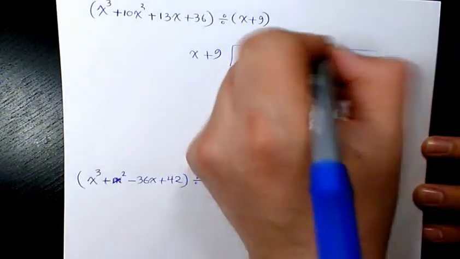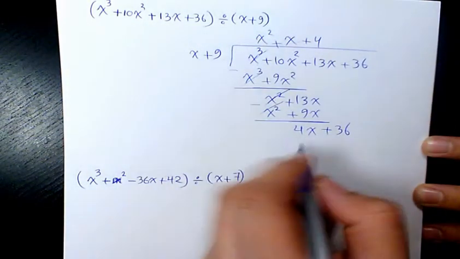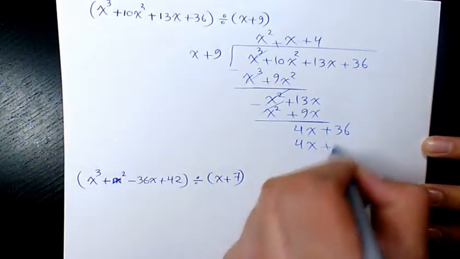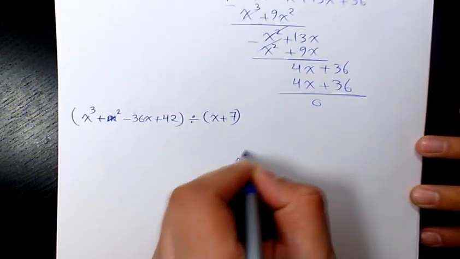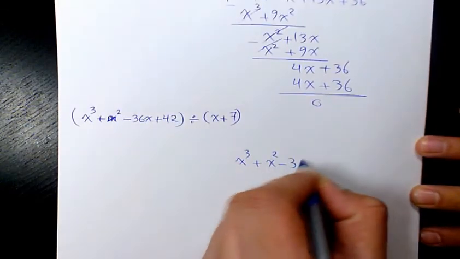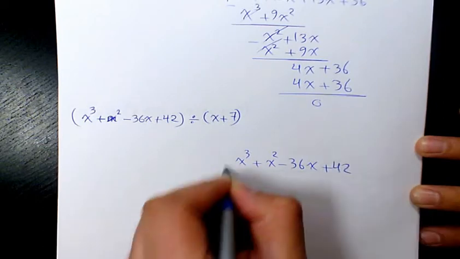4x divided by x is going to be 4. So 4 times x, 4x. 4 times 9, 36. It's going to be 0. So that's the quotient. Next, it's going to be x cubed plus x squared minus 36x plus 42 divided by